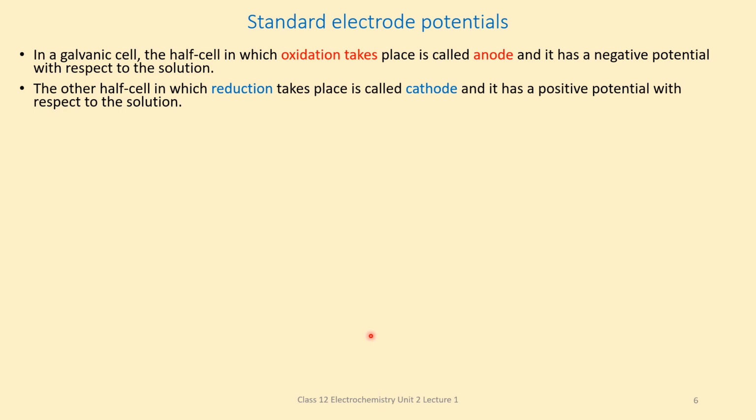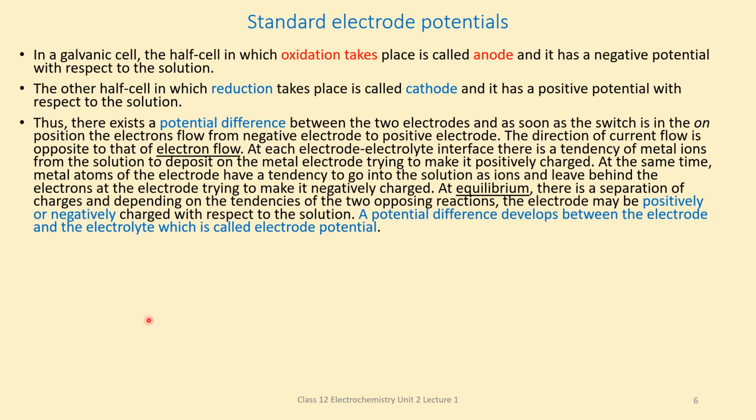In the other half, that is the right-hand side half of the cell, reduction takes place and it is called the cathode. It has a positive potential with respect to the solution. Thus, there exists a potential difference between the two electrodes, and as soon as the switch is on, electrons flow from the negative electrode to the positive electrode. The direction of current flow is opposite to that of electron flow. That is, the electrons flow from left side to right side, and the direction of current is from right side